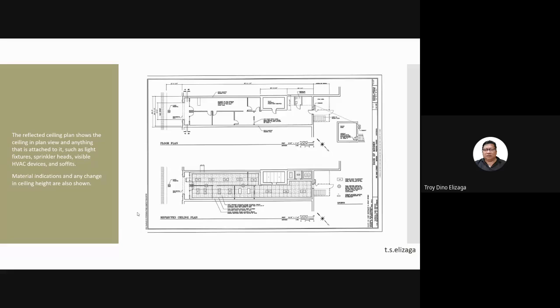So basically, anything attached to the ceiling, which means that your reflected ceiling plan should not show anything that is attached to the floor, which does not go all the way to the ceiling. If you notice here in the illustration, you have a floor plan and its reflected ceiling plan. What you do not see on the ceiling plan are, of course, the door swings, although it's good to see the location of the doors because they also have bearing in the design of the ceiling.